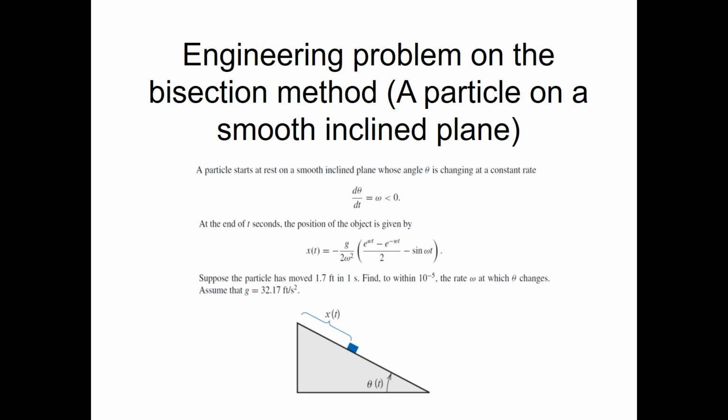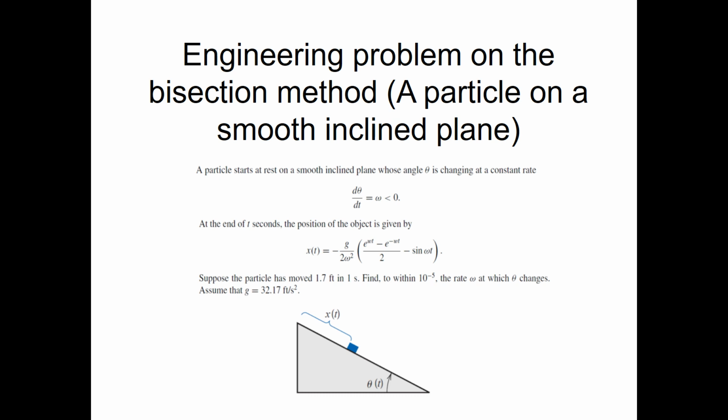At the end of t seconds, the equation of the particle is given as shown, and the parameter values are also given here. g equals 32.17 feet per second squared, and the displacement x is 1.7 feet in 1 second. So we need to find the rate of change w, or omega,